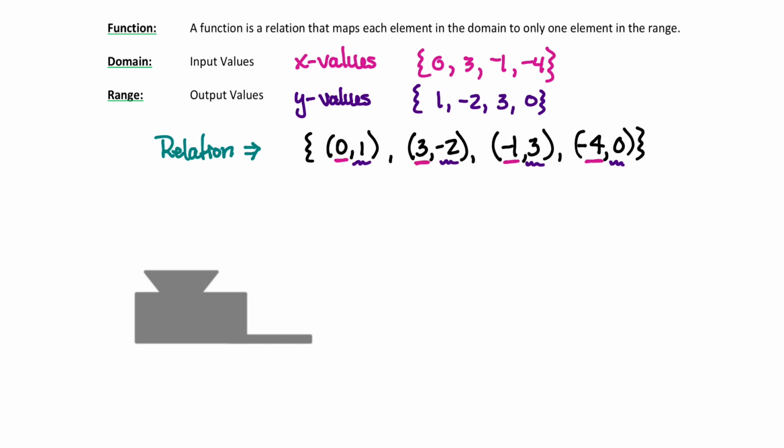Okay, so now that we kind of hopefully understand what domain and range are, let's go back to function. A function is a relation that maps, or helps you put on a graph. You map 0 to 1. You map 3 to -2, etc. Okay? That maps each element in the domain to only one element in the range. Okay,